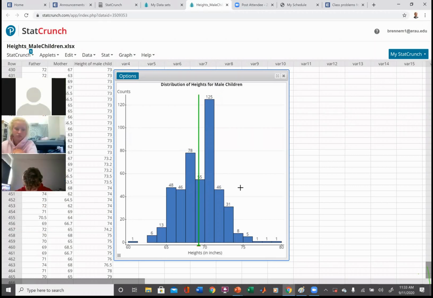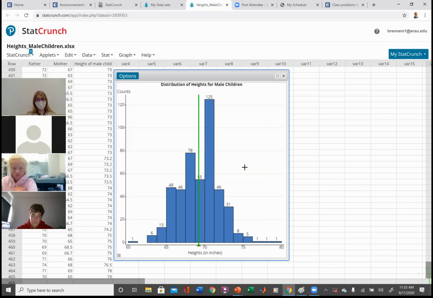Does anyone want to take a guess as to how many modes? Anybody? 0, 1, or 2? I think there's 2. That's my guess. Okay, so you might think this is a mode and this is a mode, right? Okay. Any other options here? We got a vote. 1. And so here's the thing: how do we resolve this?